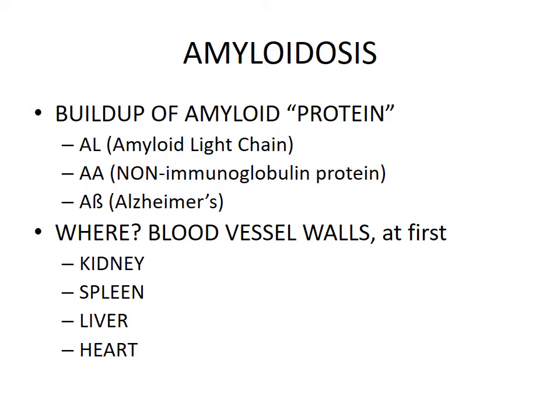There are 20 different kinds of proteins, but 3 are more important. One of them is AL, amyloid light chain, AA, a non-immunoglobulin protein, and A beta, which is deposited in Alzheimer's disease. Now, blood vessels are the first site where the amyloid protein is deposited. Other than that are kidneys, spleen, liver, and